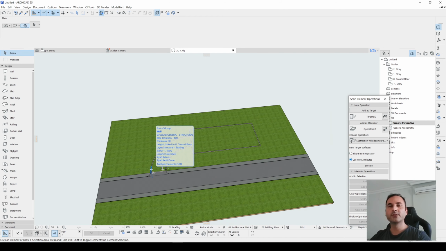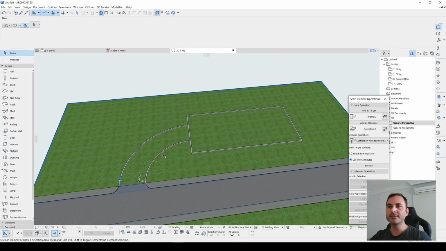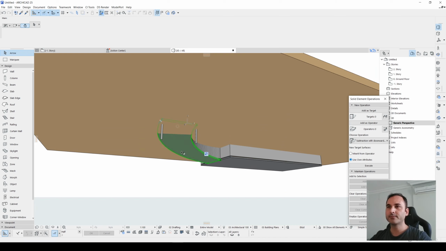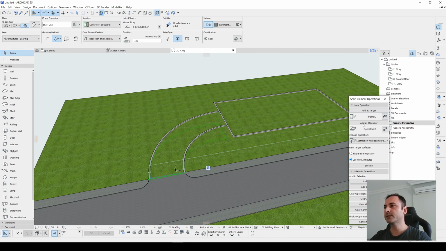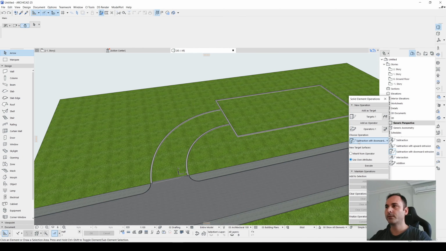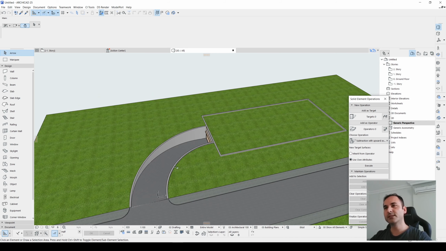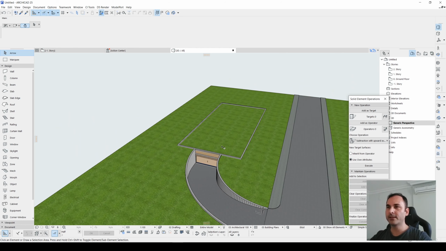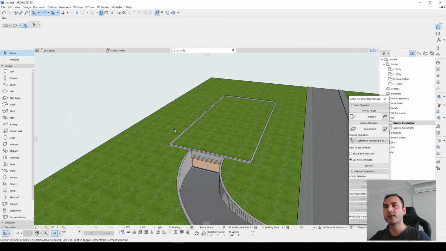And now for this stage, we will create our openings for this mesh. For this side, I will use this slab. Let's click this as operator, click this as target. From the operation type, this one is going to be upward extrusion. Let's hit execute. This part is okay. Now let's go to the second part. We are going to create another mesh type.